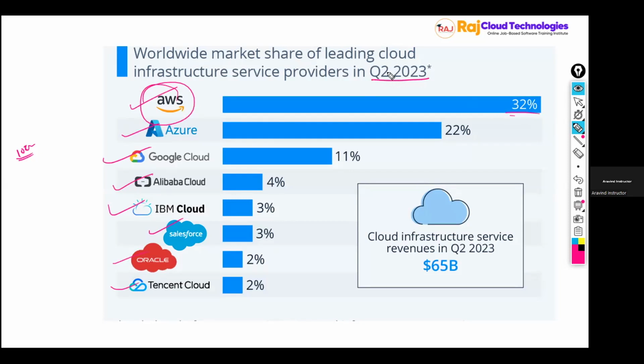Every year they release some statistics about which cloud vendor has more share in the market. Each and every year, every quarter, till now, AWS is leading in first place. What is the use? If AWS is in first place, they will look for more employees who have AWS skill sets. People having AWS technical skills will get more opportunities because there are more vacancies, because more projects are using AWS Cloud.